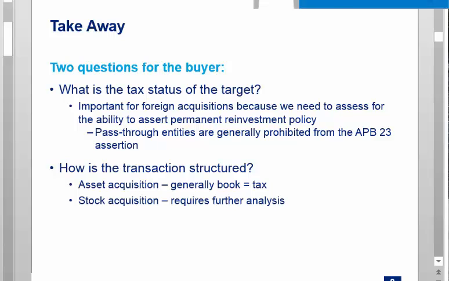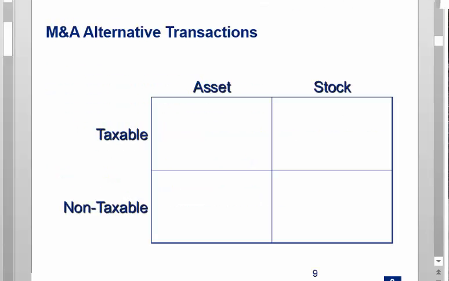So we need to think about, and I put this little visual here because, to me, there's 4 kinds of acquisitions. And here's where I'm going to confuse you, because I use the terms taxable and non-taxable in this diagram differently than the way I described it like 5 minutes ago. So if I'm a buyer, I can either buy assets or stock. And I can buy assets or stock in either a taxable way or a non-taxable way. And on this diagram, what I mean is, is it taxable to the seller?